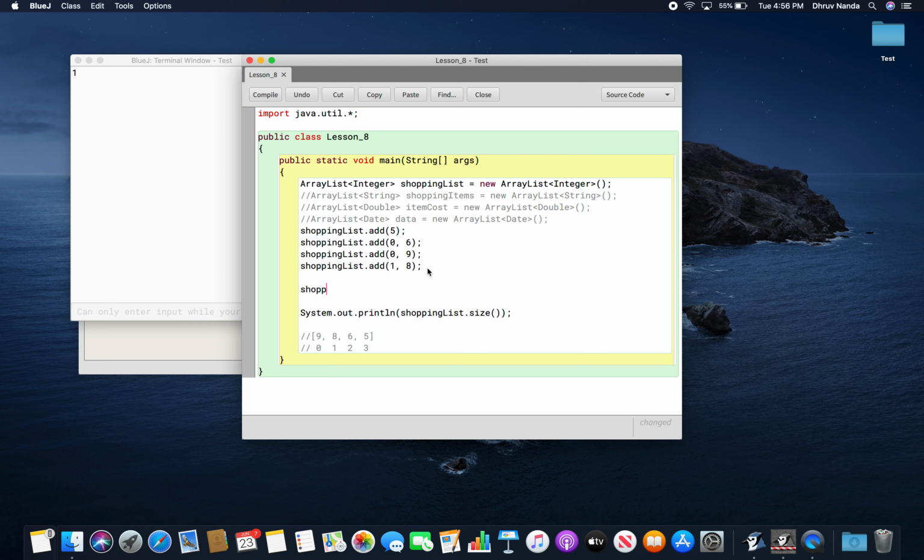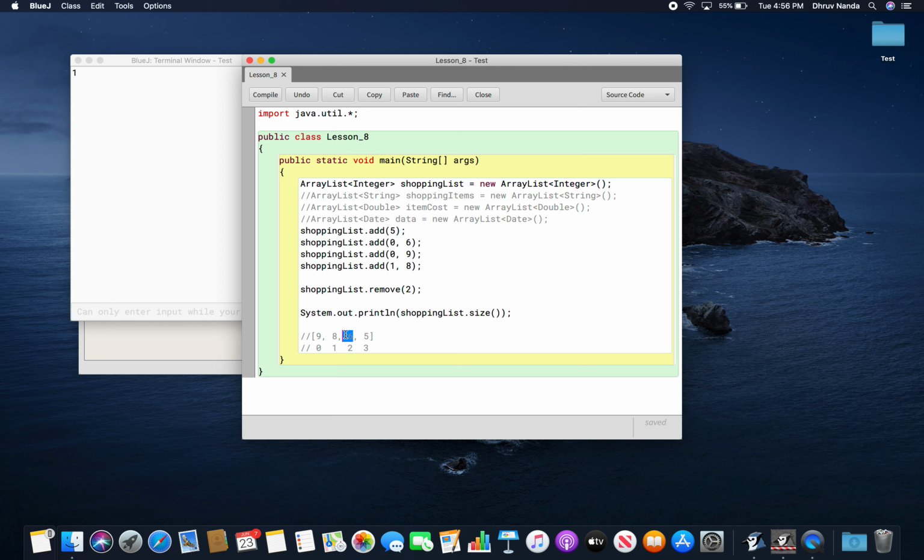So say we have shoppingList.remove, and remove only has one method. All we're going to have is just one parameter, and it is going to be an integer. All that we need to add in the remove method is the index. So it's pretty simple. We want to remove the element at index 2, all right? So we just put in 2,